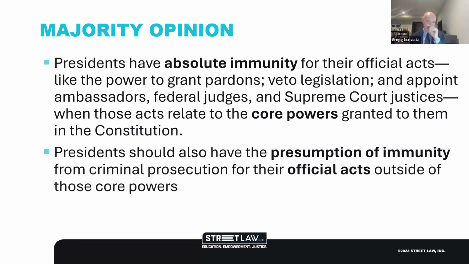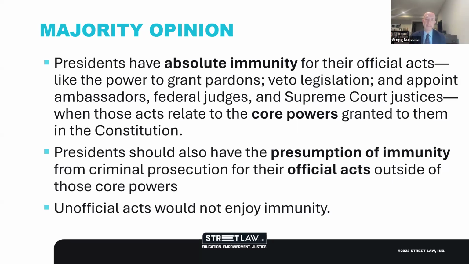Second bucket is non-core but still official presidential work. So it's not one of those really enumerated things like perhaps the pardon power or treaty powers that are in the Constitution. But other parts of the official work of the president should enjoy some sort of presumptive immunity, where courts will evaluate competing claims of whether or not the prosecution is necessary and how burdensome it would be if it went forward. And then the third bucket is unofficial acts, which enjoy zero immunity under this framework. So those are the three buckets, and that's what lower courts will be asked to apply in the future.